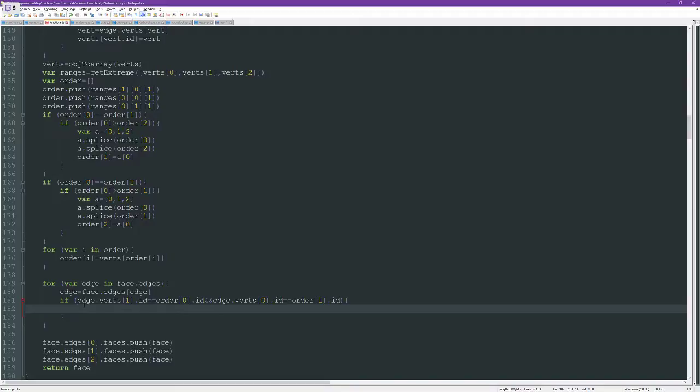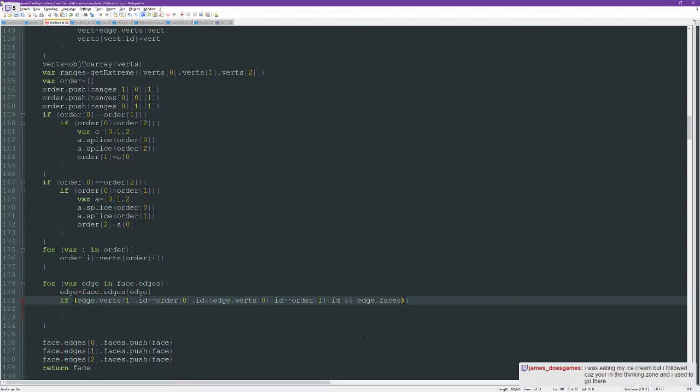So yeah, if the ID was the wrong way around, then this would have to have been the second face, so I would have just been able to push it in just fine. Unless it's the first face, and by default the vertices are just in the wrong order. So flip them around. So if it's that, and the edge dot faces length is greater than